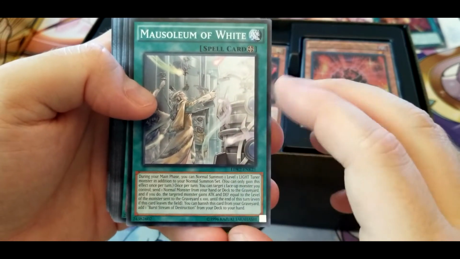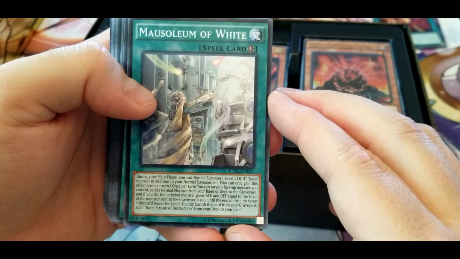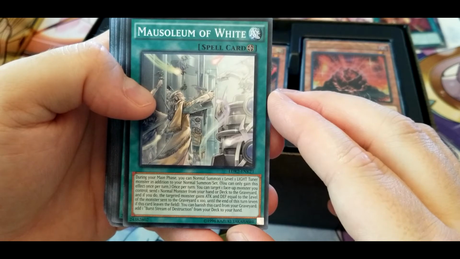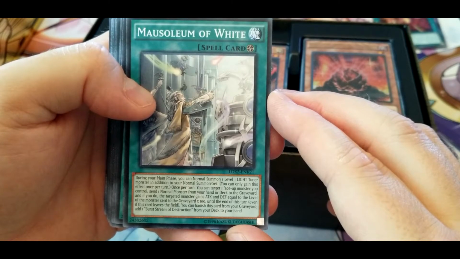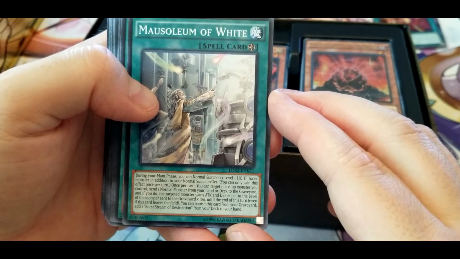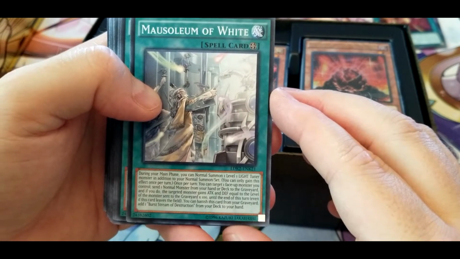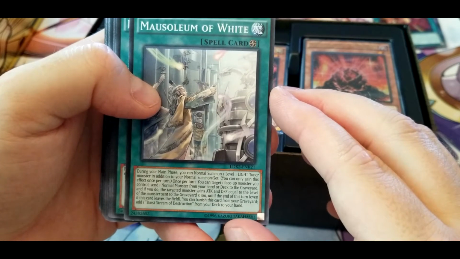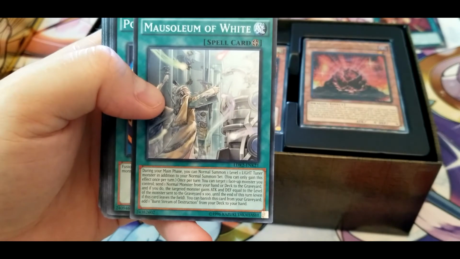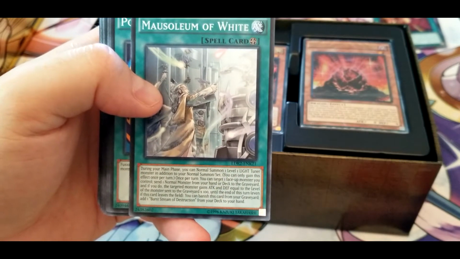Mausoleum of White. During your main phase, you can normal summon one level 1 light tuner monster in addition to your normal summon/set. You can only gain this effect once per turn. Once per turn, you can target one face-up monster you control, send one normal monster from your hand or deck to the graveyard, and if you do, the targeted monster gains attack and defense equal to the level of the monster sent to the graveyard times 100 until the end of this turn. You can banish this card from your graveyard, add 1 Burst Stream Destruction from your deck to your hand. So, that seems like fairly decent support for